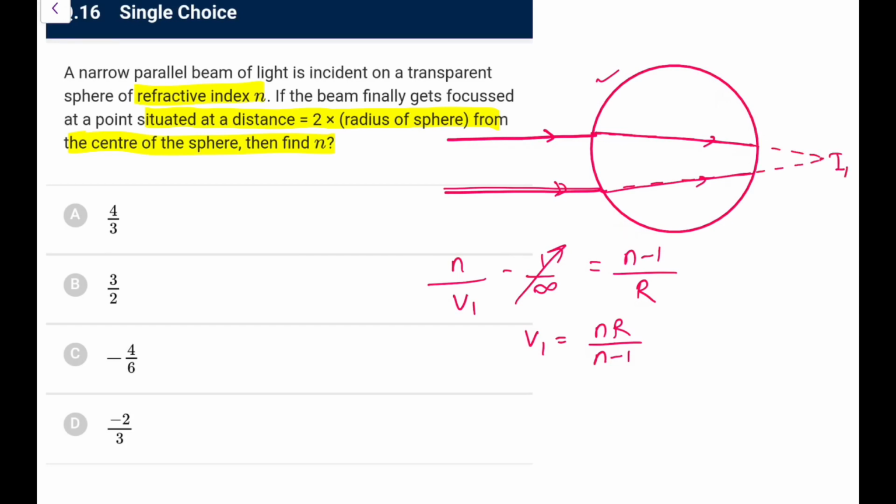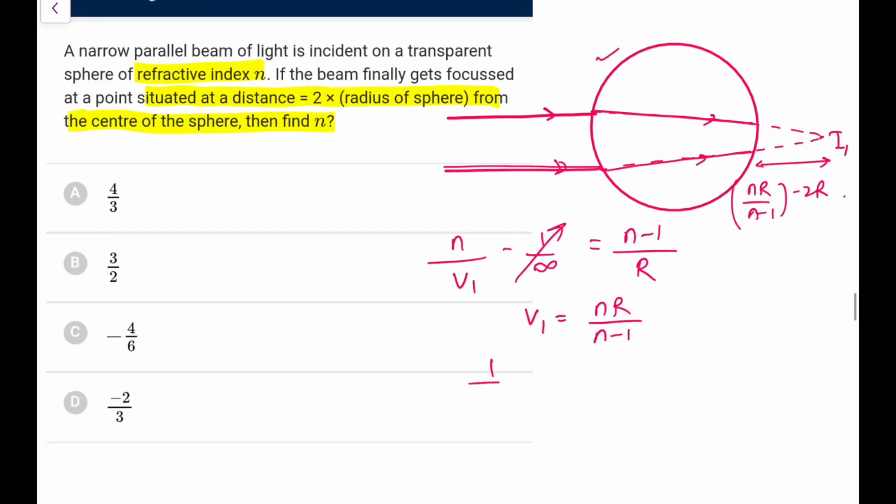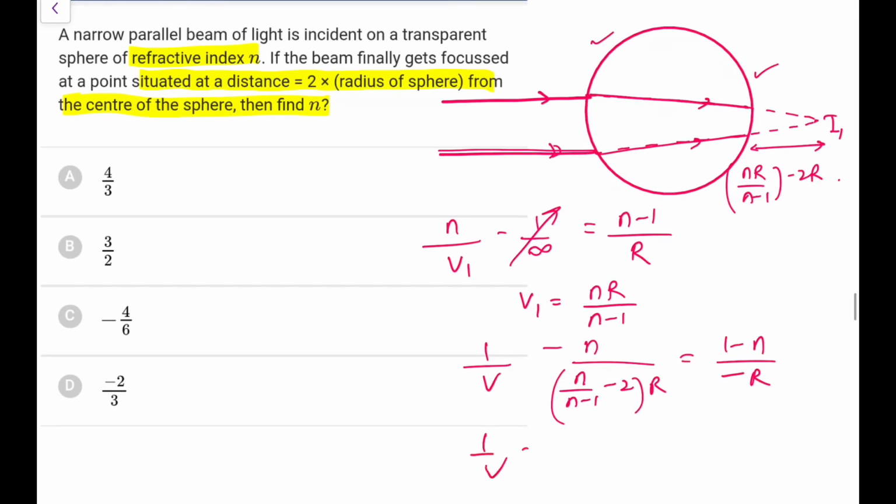Now for the second surface, the image is at a distance, with respect to this surface, of nr upon n minus 1 minus 2r. So now what I can write, final is 1 by v, v will be measured from here, minus n upon this, which would be n upon n minus 1 minus 2 times r, that would be equal to 1 minus n into minus r. So 1 by v is n minus 1 by r, plus n into